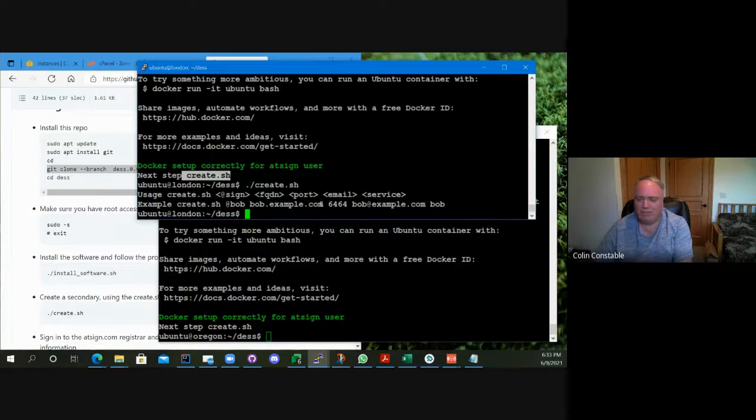So we've got to have a DNS entry for this machine. Then the port number that the microservice is going to listen on. The email address you're going to use to get the certificate, since every microservice has its own SSL certificate. And then the service name, which is generally the same as the @sign name. The service name is the way Docker in swarm mode keeps an entry for you.